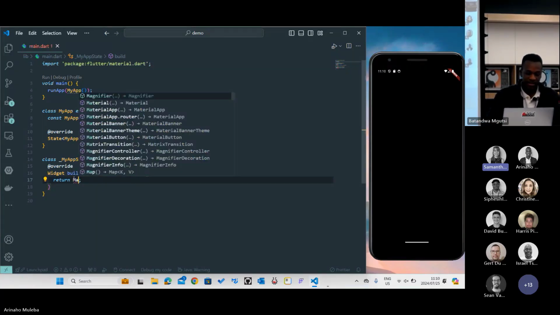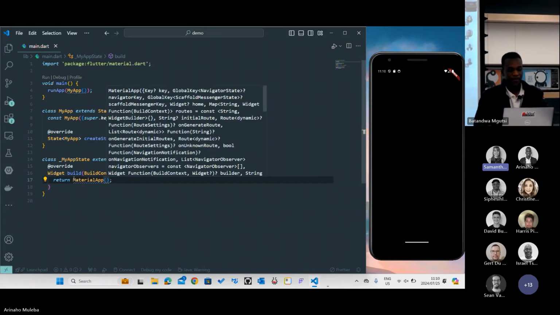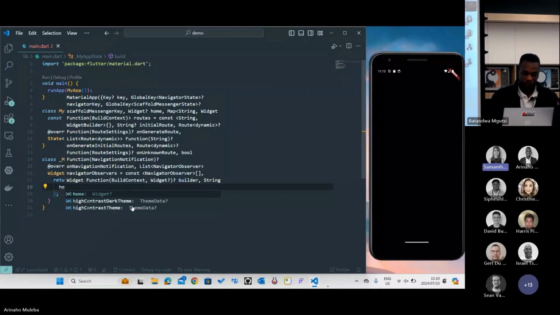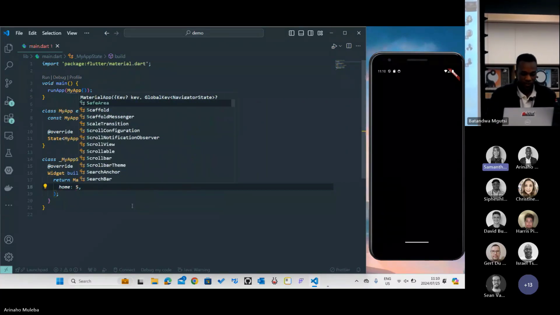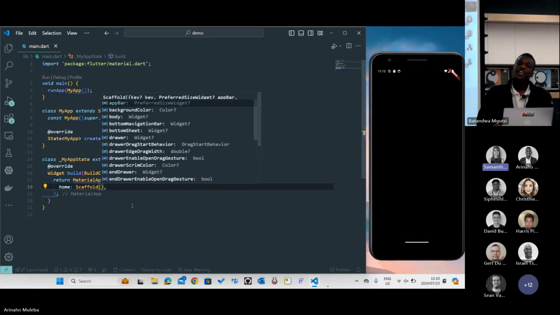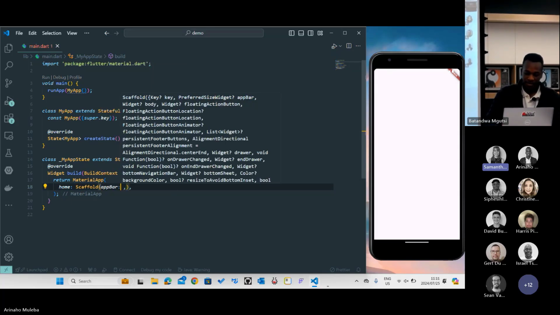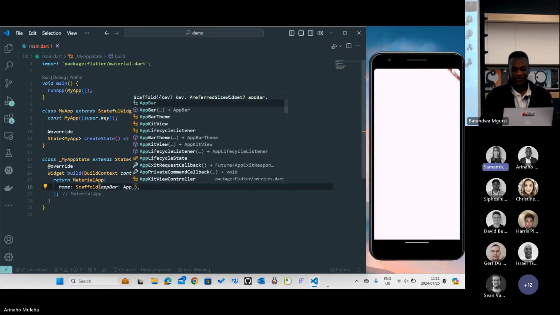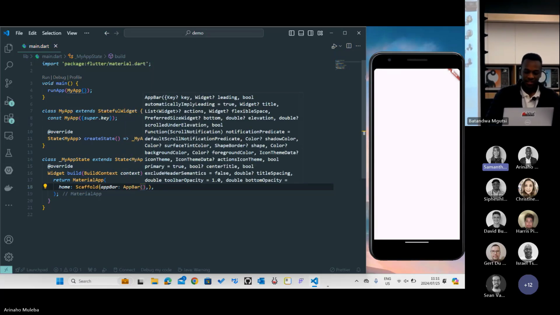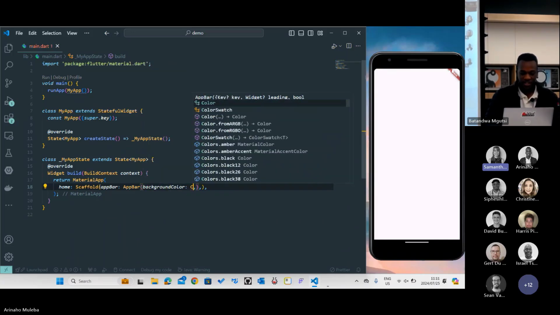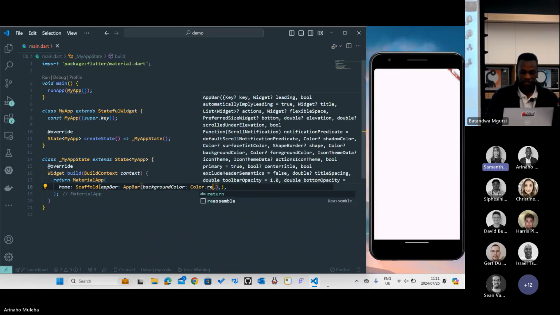So I'm gonna use the MaterialApp widget for this, right? And then it has a property called home, and I'm gonna use a widget called Scaffold. It's kind of a page template, if you wanna put it that way. And if I save, you can see the hot reload in action. And now you quickly get your scaffold. This scaffold has an appBar property and a widget conveniently named AppBar. So let me just give it a background color so that you can see it. I'm just gonna set it to red.